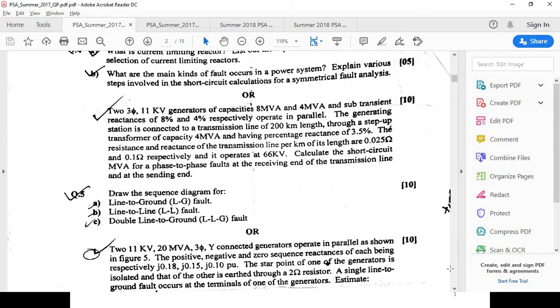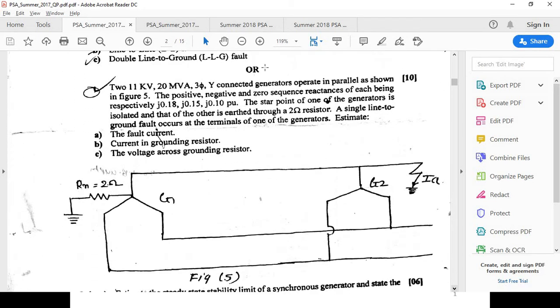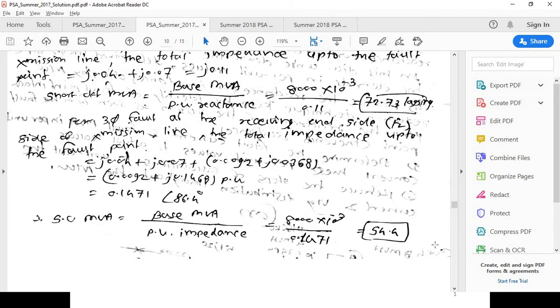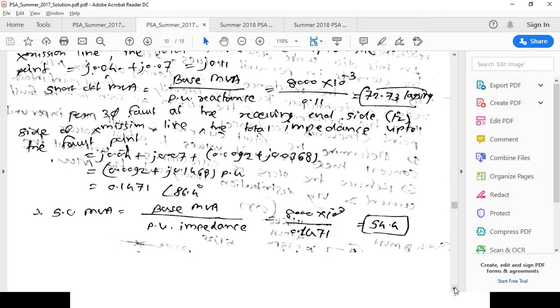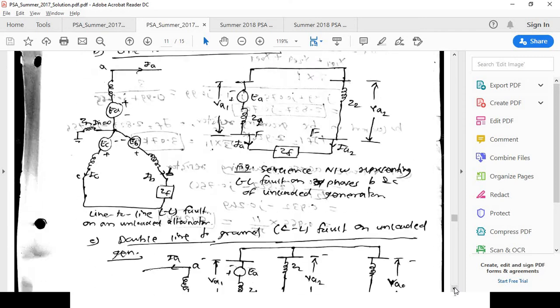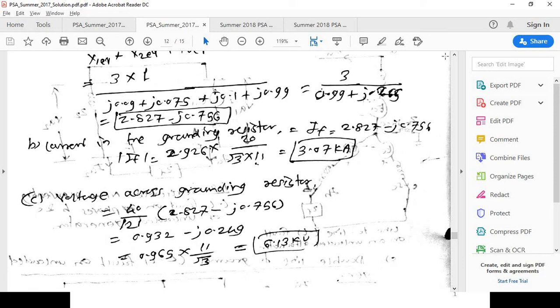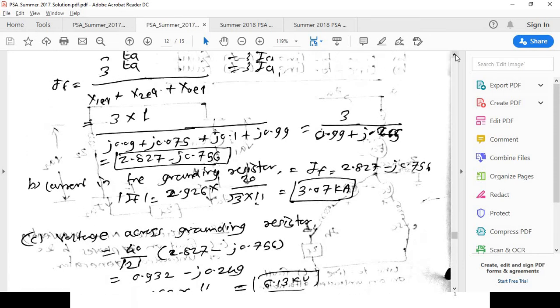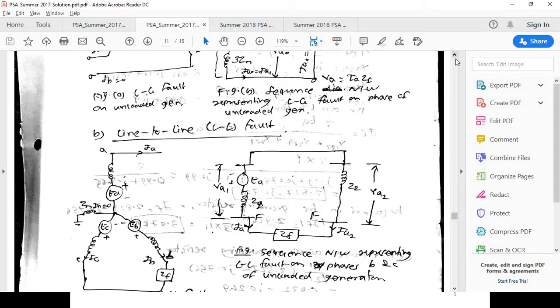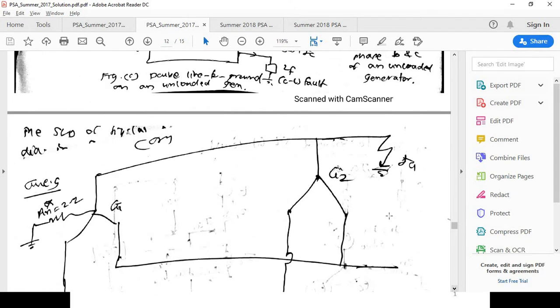Now another question is question 5. Actually this numerical is based on unsymmetrical fault analysis. So quickly we'll go through the given data of the unsymmetrical fault analysis, because we had already discussed, whenever you are going to solve a numerical, first of all go through the given data and then try to calculate all the parameters. So try to understand what is the given data for the given numerical.